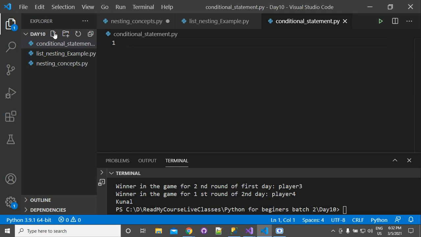Suppose that we have a is equal to int and then input, please enter first number.